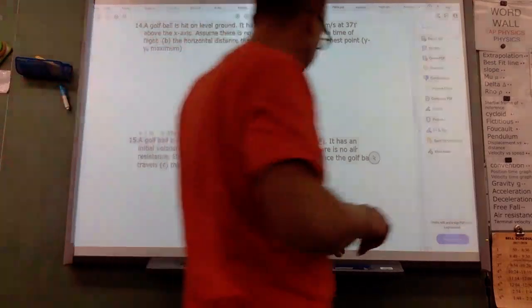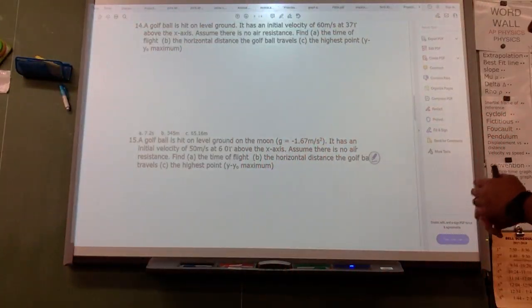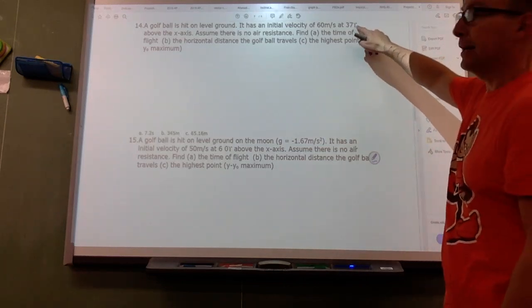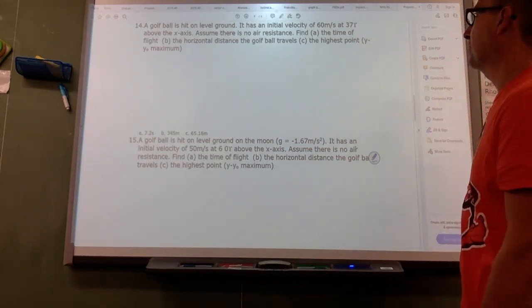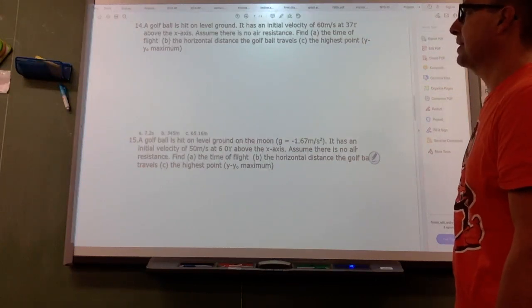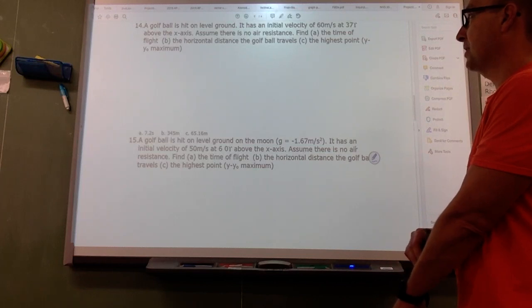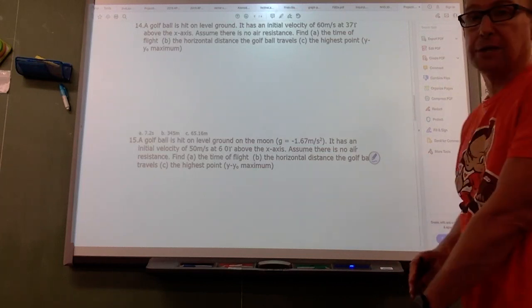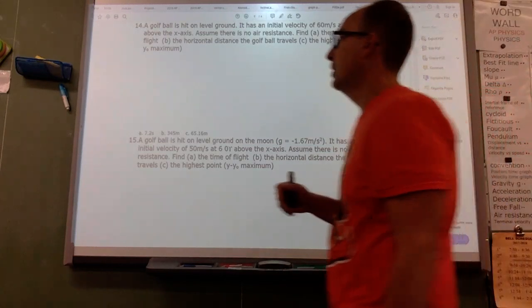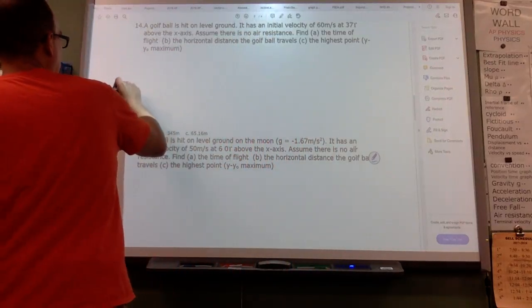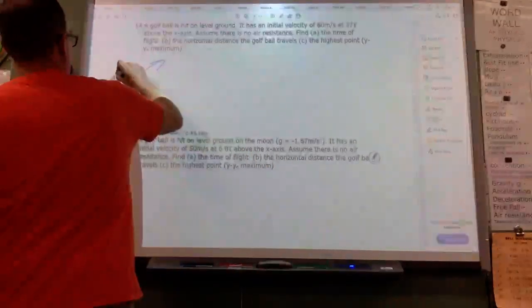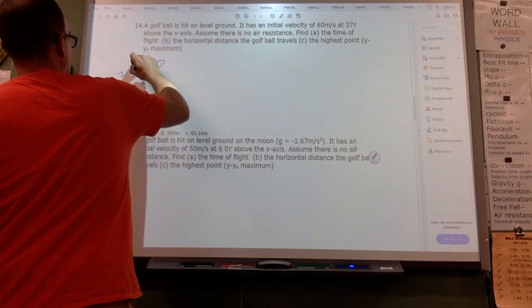A golf ball is hit on level ground. It has an initial velocity of 60 meters per second at 37 degrees above the x-axis. Looks like the font changed my degree symbol to something that's not. Assume there's no air resistance. Find the time of flight, the horizontal distance the golf ball travels, and the highest point, the y minus y naught. So before I do a chart, I need to draw my initial velocity,